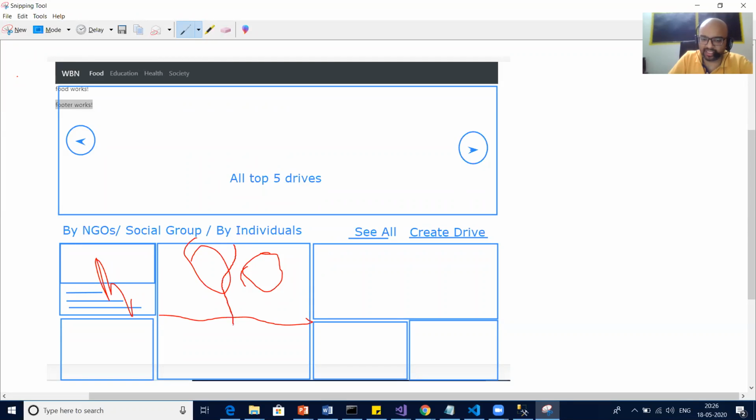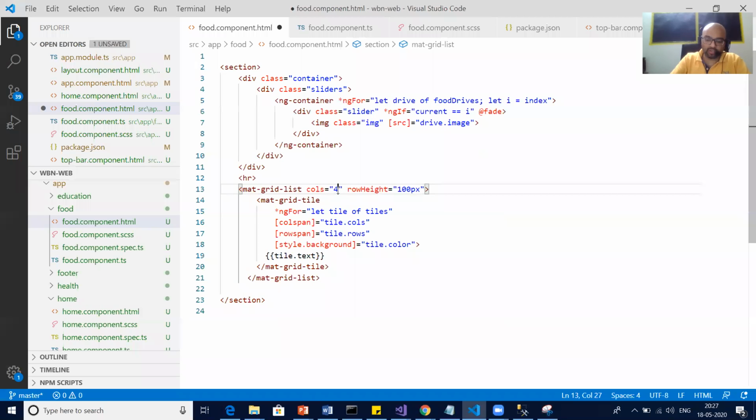In fact, this is taking 4 box space. But in a row, if I need to see how many columns I'm talking about, so 1, 2, 3. Again, this is a rectangle. So 4 and 5. We take it 6 then. So 6 column.